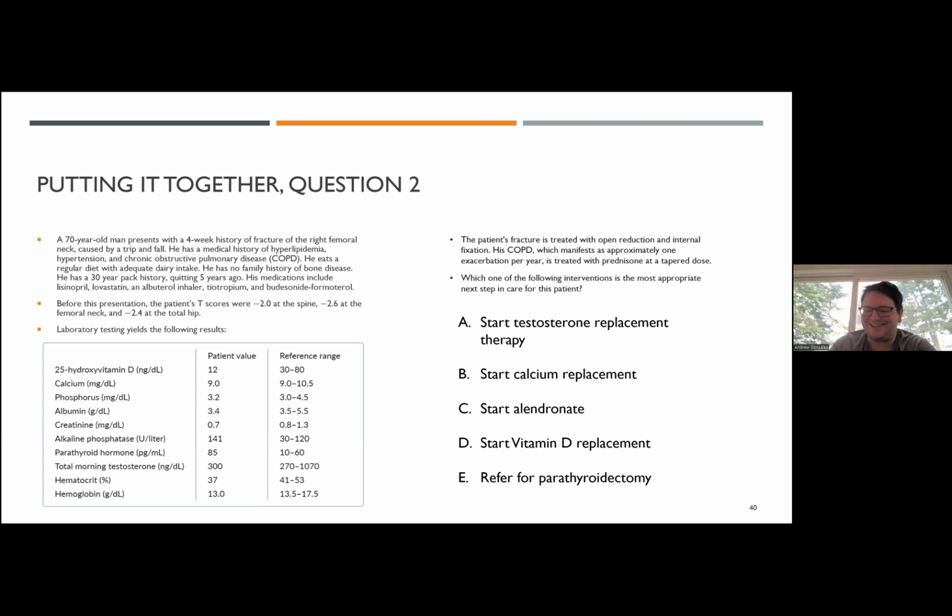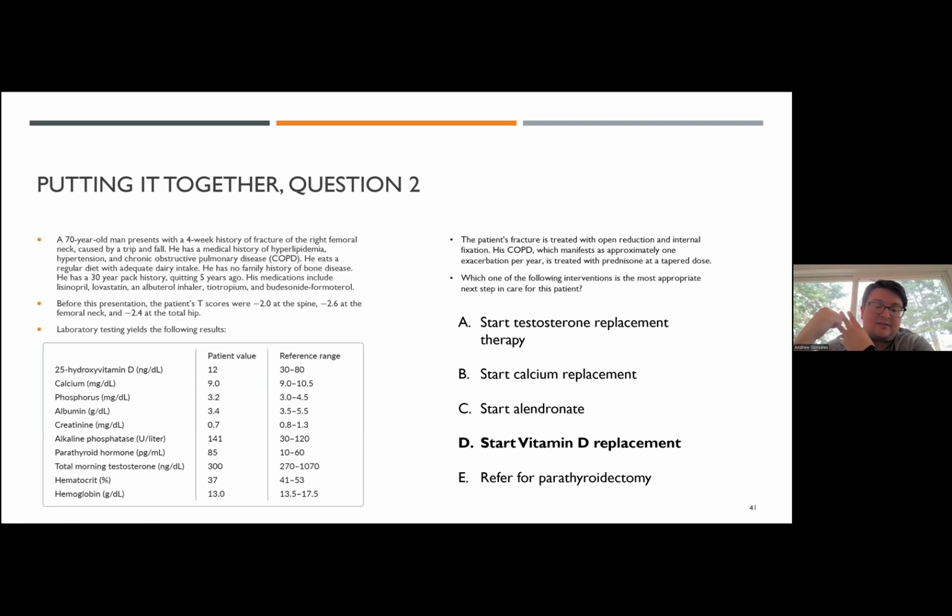Nice, guys. So yes, start vitamin D replacement. Why? No point in starting testosterone therapy, his levels are in the normal range. Don't need to start calcium treatment in a person who has adequate dairy intake and has borderline normal but normal calcium. And also, more importantly,